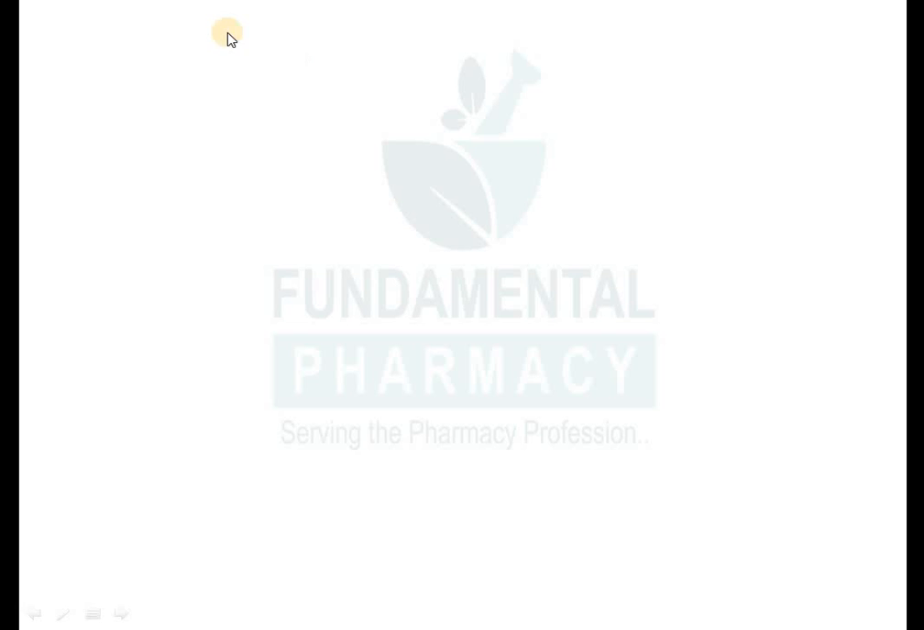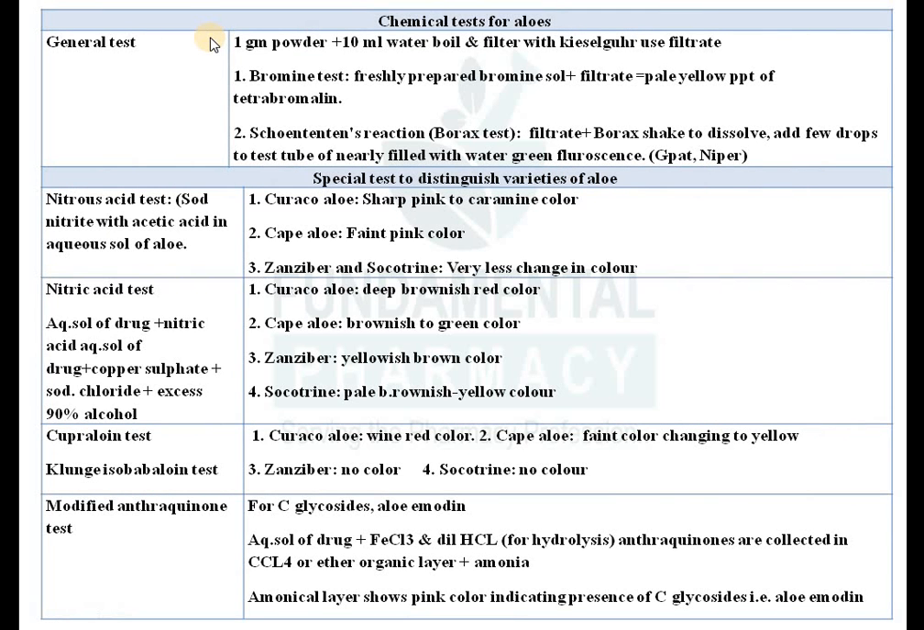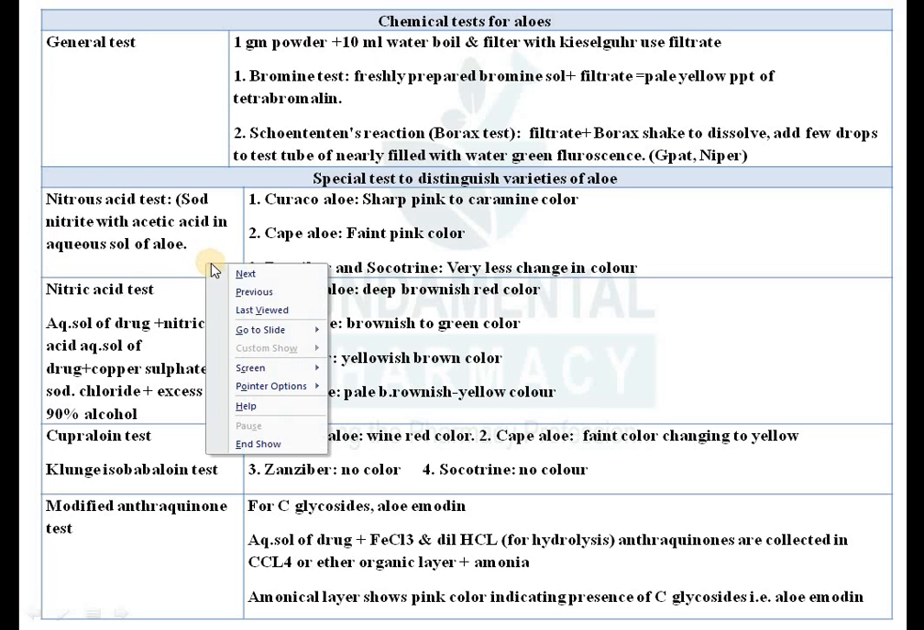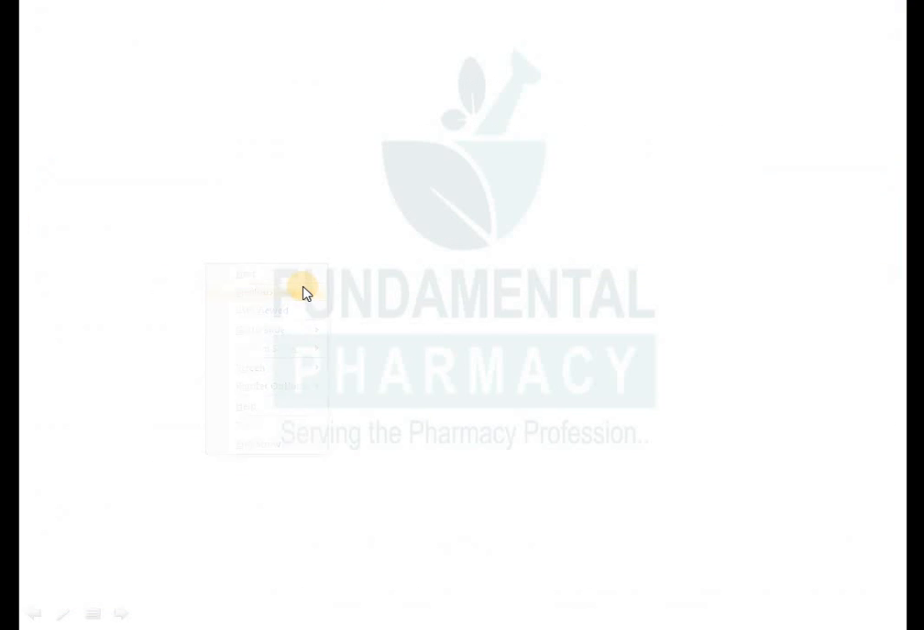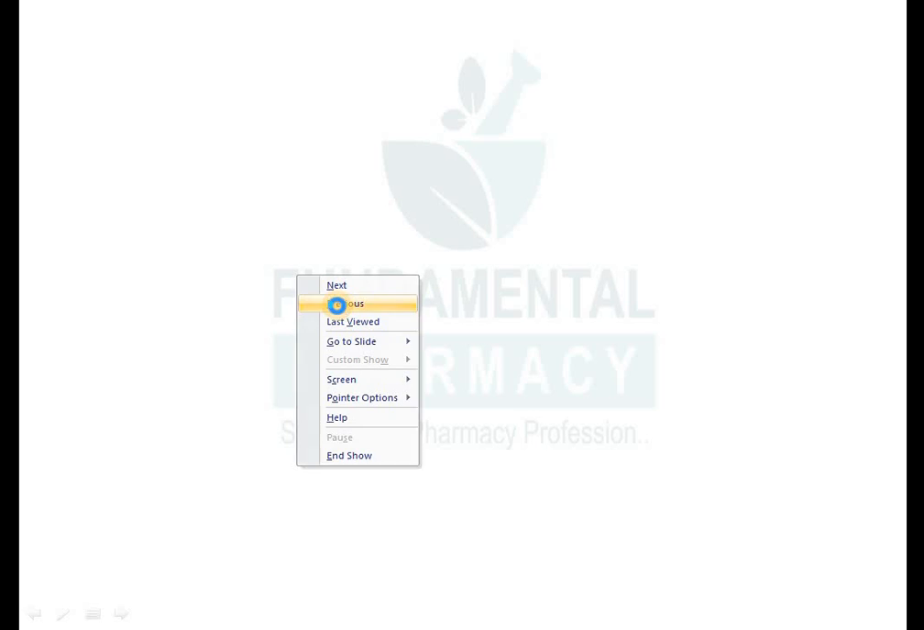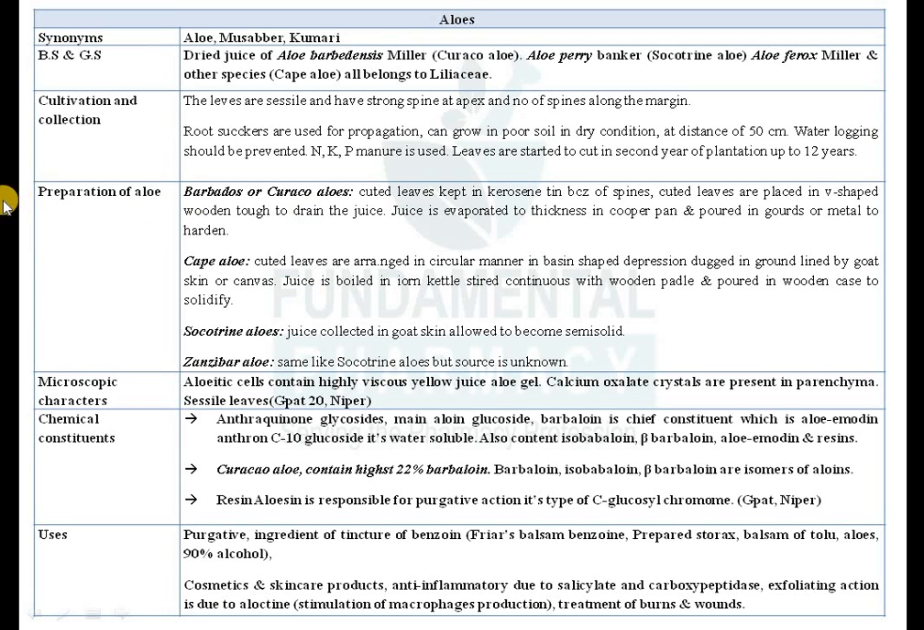Preparation of aloe. There are different varieties of aloe which are prepared, and that is known as prepared aloe. Depending on the process of their preparation, they are marketed. Okay. So first one is Barbados or Curaçao aloe, Cape aloe, Socotrine aloe, Zanzibar aloe. All these are nothing but the dried juice of aloe. Okay. But their preparation method is different. उनका बनाने का तरीका अलग अलग है, ठीक है।